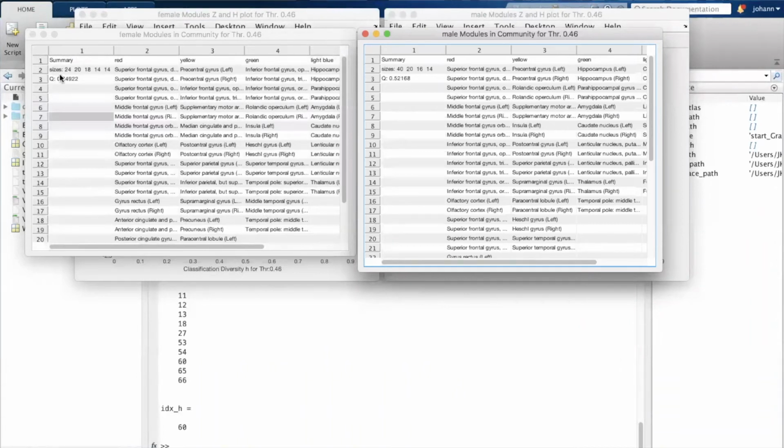So here red is the one with the 24, here yellow is the one with the 20 nodes, and here red is the one, again, with the biggest one, and yellow is the one with the 20 nodes. But it must not mean that the yellow one is equal among those groups. This is a little bit difficult to know and to judge because it's a heuristic algorithm, and so it makes comparison a little bit difficult,